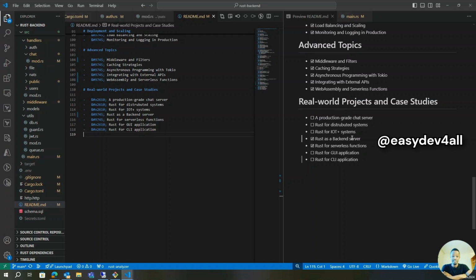Rust, we've also in the process ended up building a backend application, and of course, a more or less robust server. We try to cover most of the things you would probably need if you're building a production-grade backend server. And most of that, of course, you can always go back to the series, start from the beginning, or whatever it is you feel you have to start from to bring you up to speed